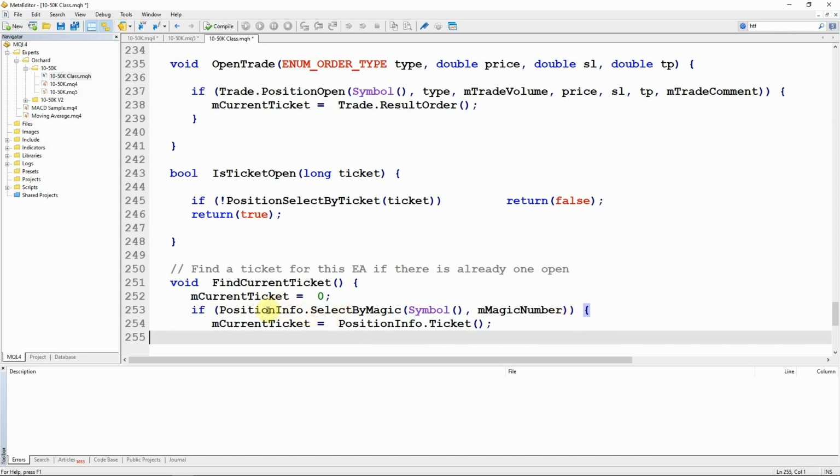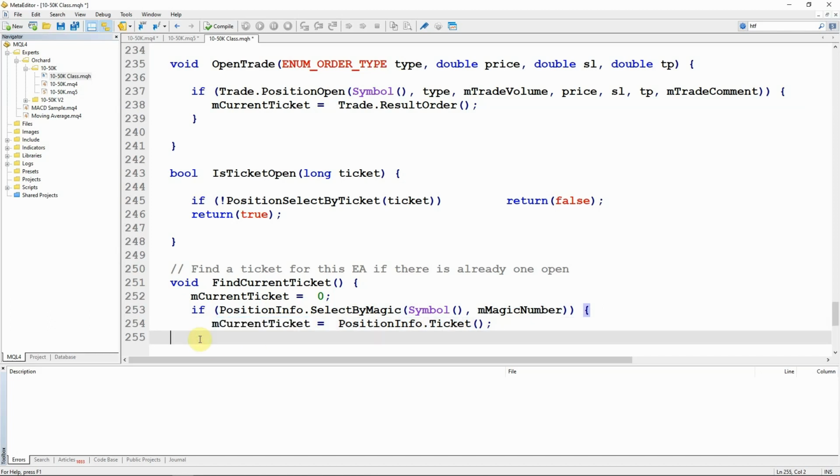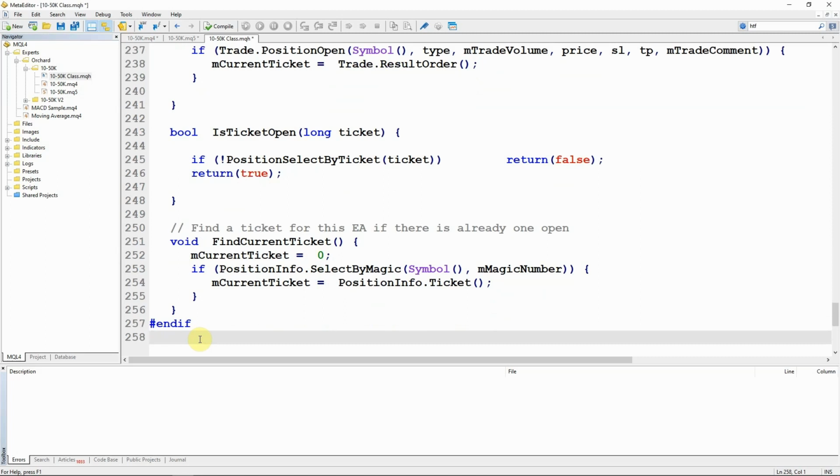And if that returns true, meaning I did find a position for the symbol and the magic number, then I can get the ticket number using this positioninfo.ticket method, and I'll put that in my current ticket. And that's the end of the functions that are different between Metatrader 4 and Metatrader 5. So now there are only 3 custom functions left, and these are common to 4 and 5.